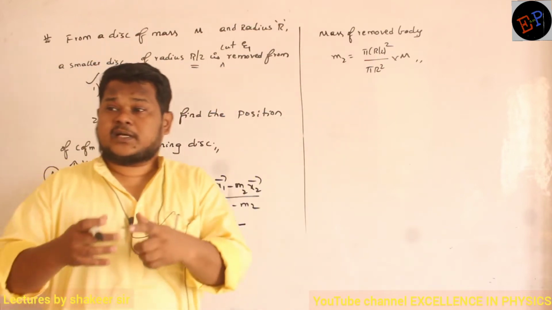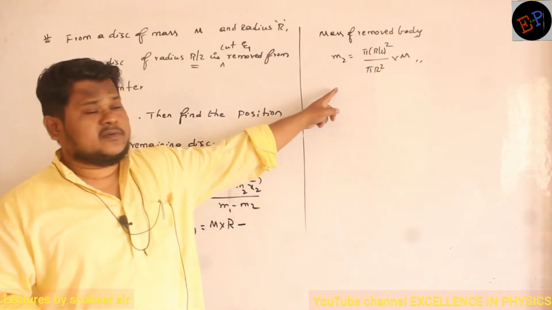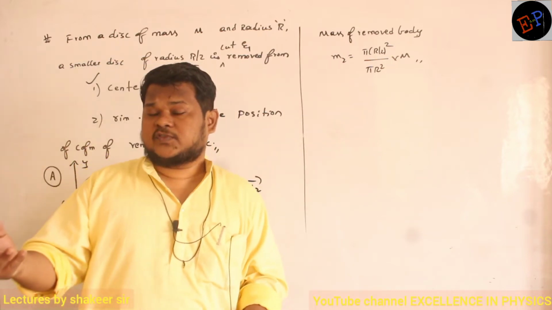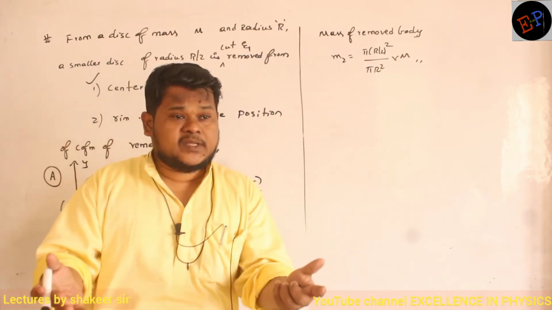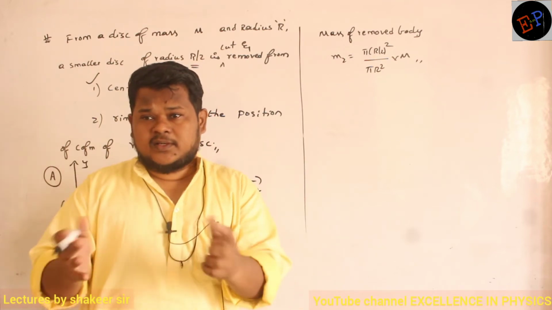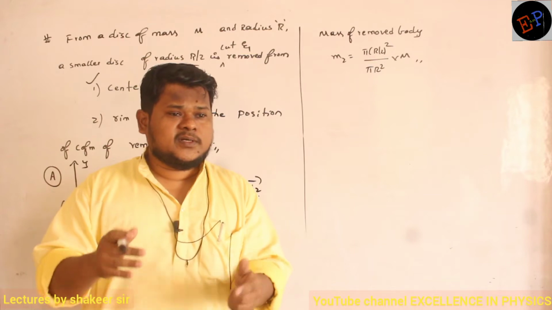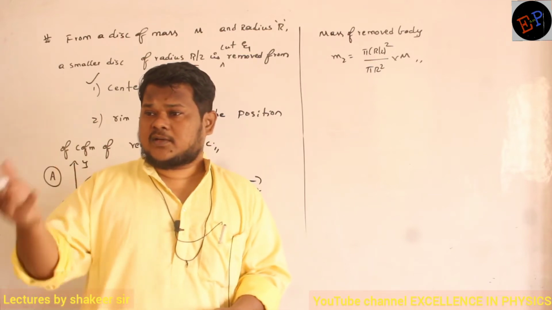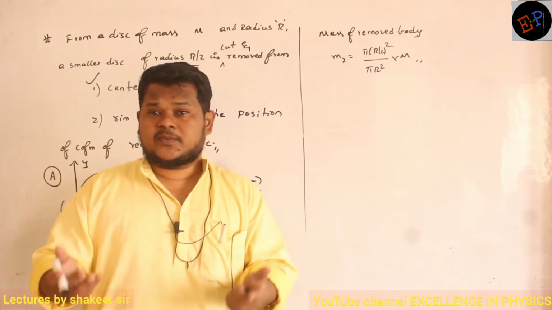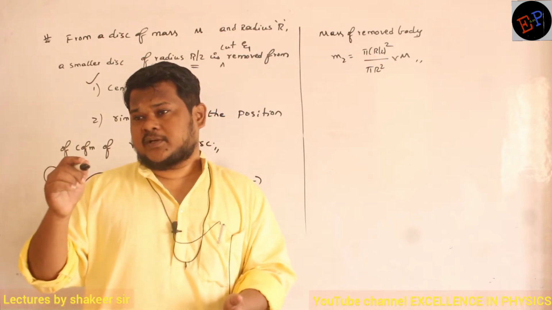So wherever you get a comparison, this is the method in which you can compare. If mass is distributed in volume, for example, if you are taking a sphere, their mass is not distributed in area, no? If you take a sphere, how is mass distributed? In volume. So there, how can you do the problem? You have to take the total volume of the sphere. What is the volume of a sphere? 4 by 3 pi r cube.